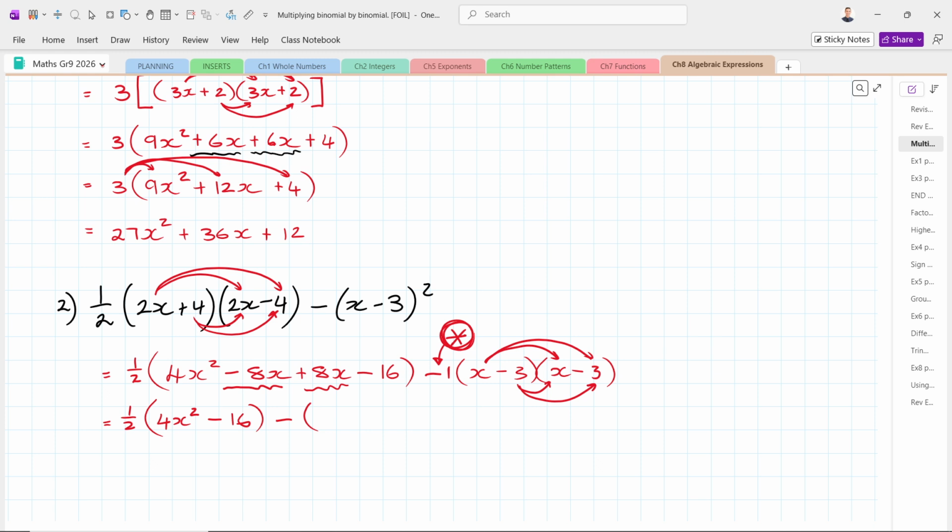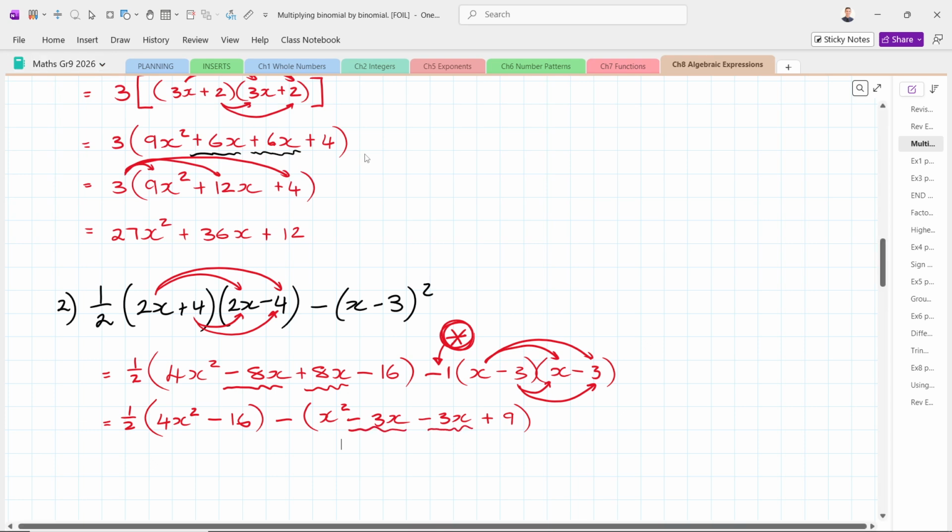So foiling here, x times x is x squared. X times negative 3 is negative 3x. Negative 3 times x is negative 3x. Negative 3 times negative 3 is positive 9. Again, before I do anything else, I'm first going to clean up